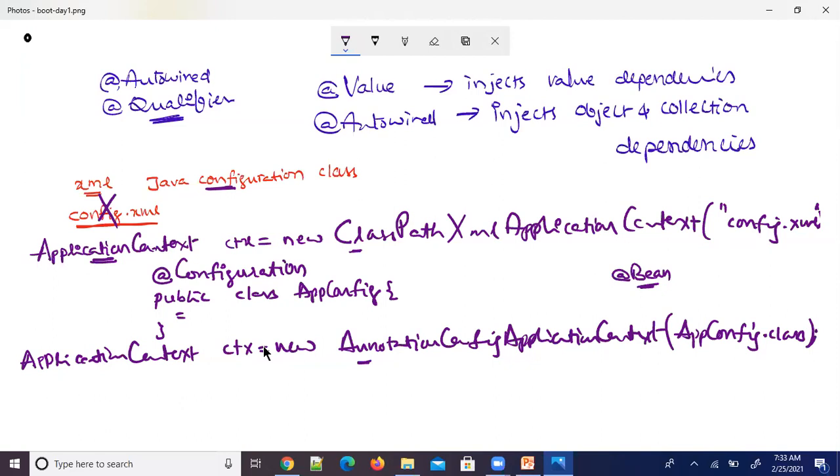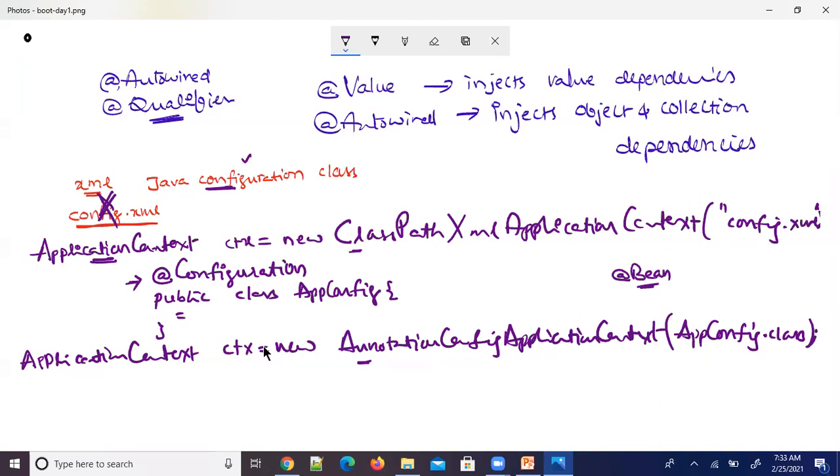But nowadays we are not defining a Spring application configuration in an XML file. We are creating Java configuration classes, and a configuration class can be created by adding this annotation at the class level. And this configuration class can be used to configure the Spring Beans in the application. Of course, for that we are going to create bean methods. I will tell you how to do that with the annotation called @Bean.